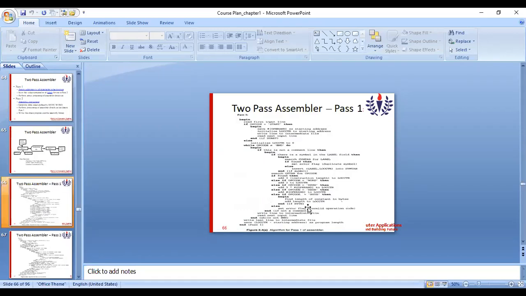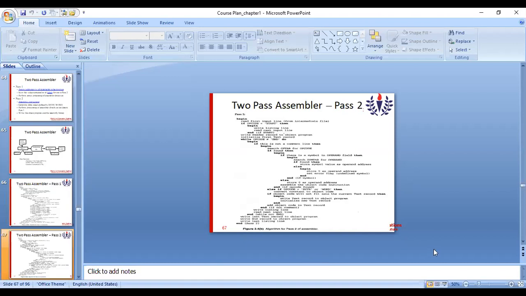Why these two passes are required is that in order to get the address of a particular symbol, it needs to do two passes. In pass 1, it assigns the address. In pass 2, the actual assembly process is carried out.